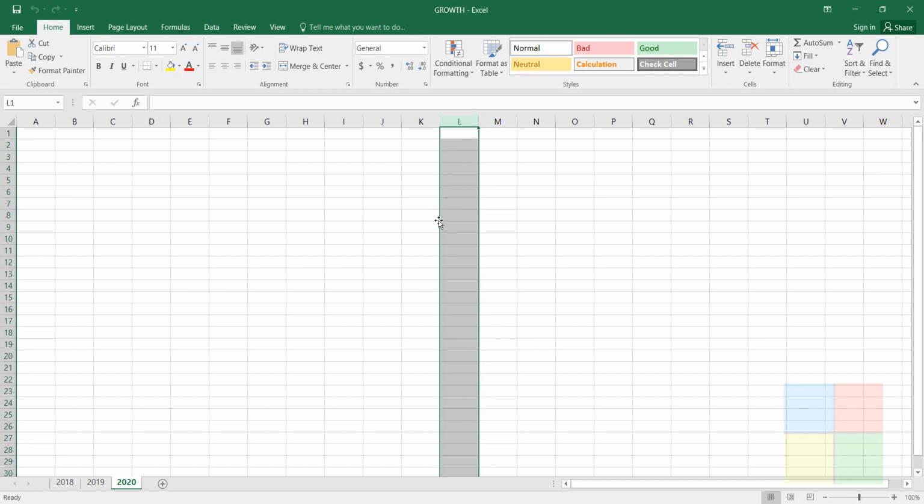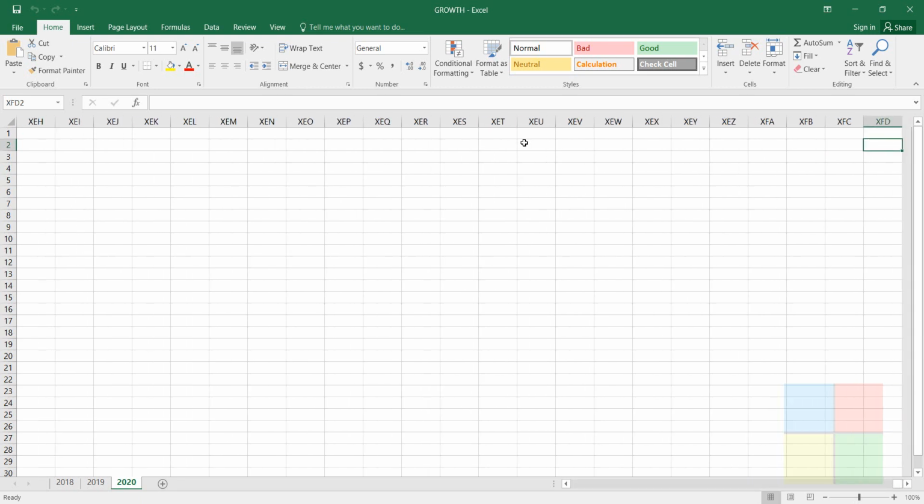So what is the last column? To go to the last column, you can either click on the right arrow from the keyboard, but it will take longer time. What you can do is click on the Control key, press and hold the right arrow key from the keyboard, so it takes you to the last column of the worksheet.